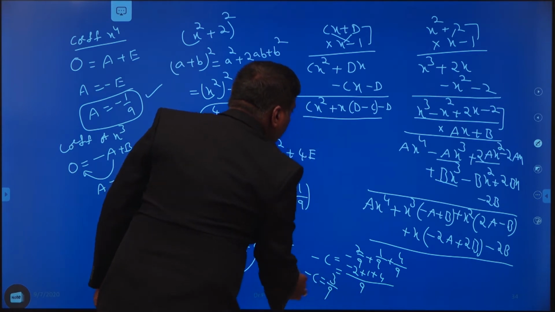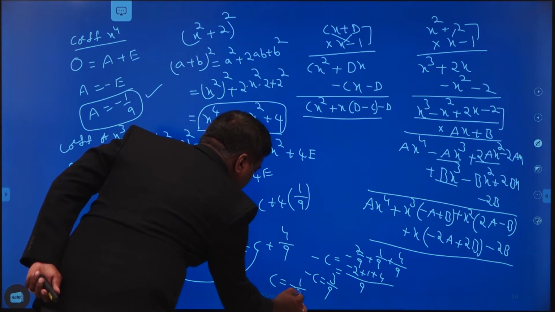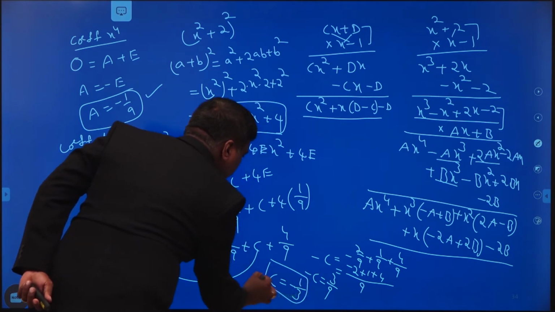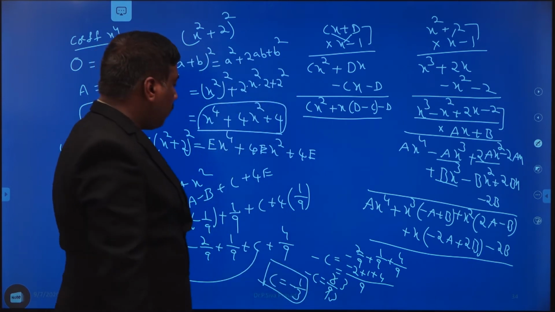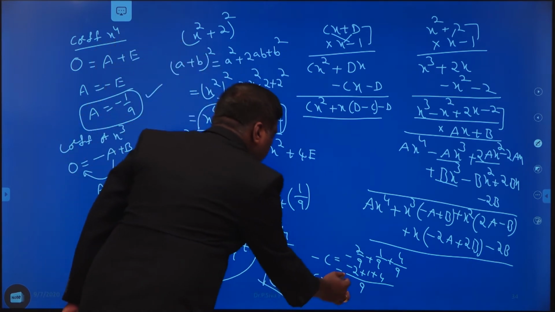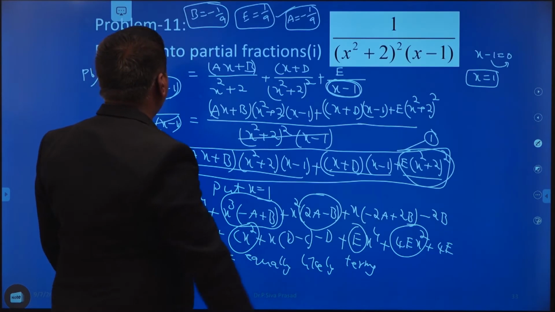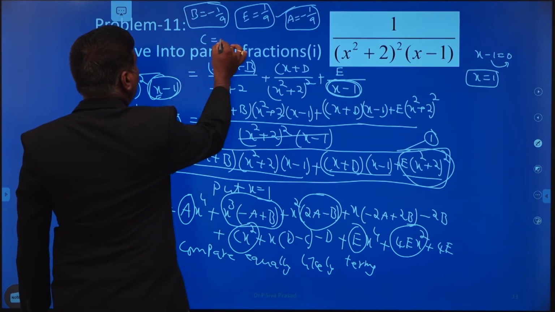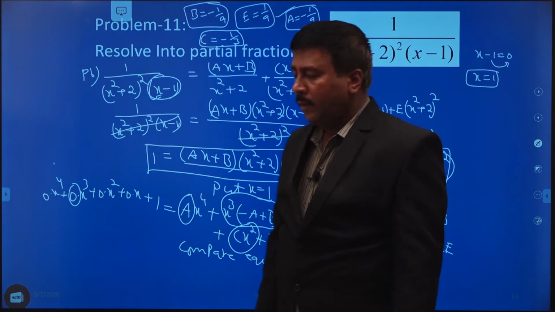So then the c value is equal to minus of 1 by 3. Cancel the terms, that is 3 threes. So therefore minus of 1 by 3. The c value is equal to minus of 1 by 3. So this is the essay question. Please all of you keep it in your mind.